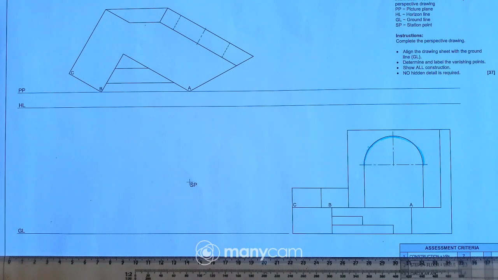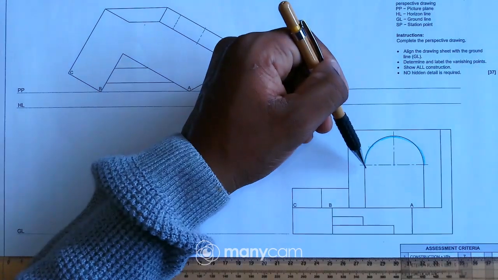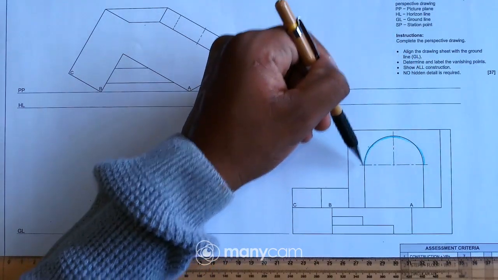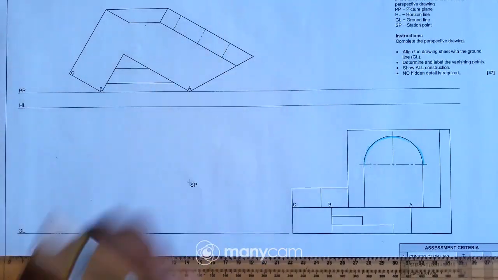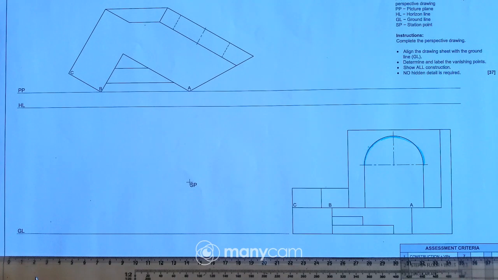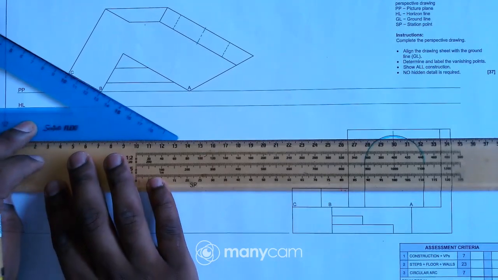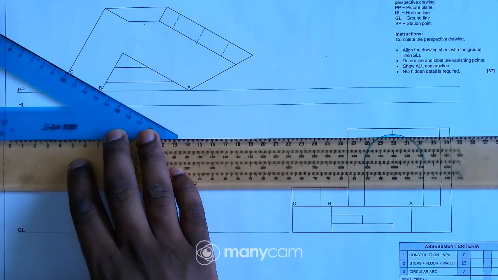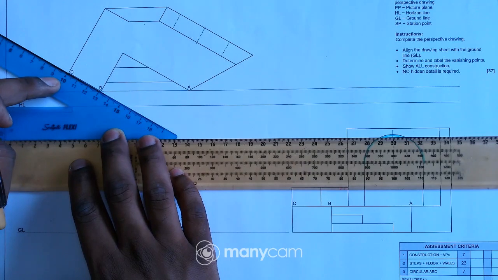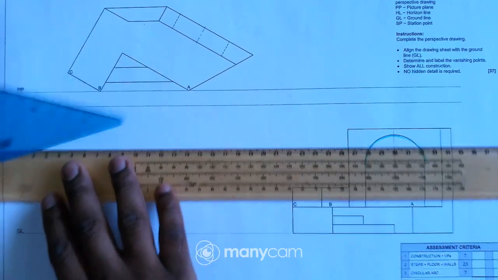Okay, my focus in this video is this arc. I'll try and show you how to construct a 2 point perspective arc. The first thing I'll have to do here is get the two vanishing points. If I take my 30 by 60 and place it over there, I can see that this line is at an angle of 30.